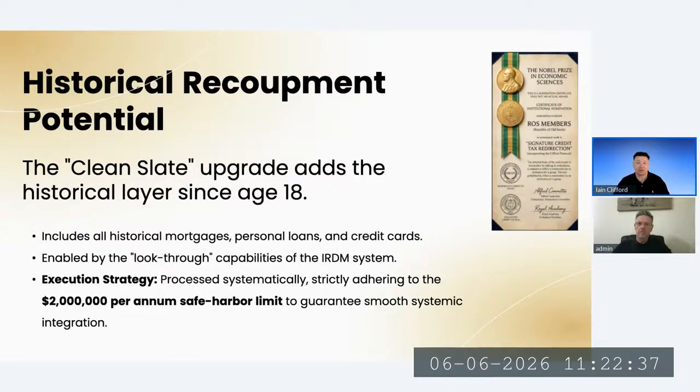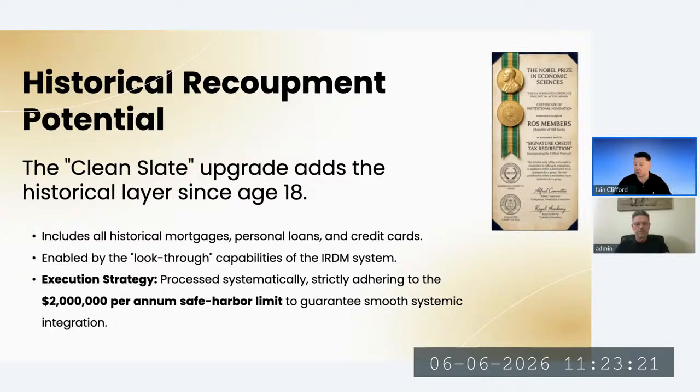What we need is the name of the banks that you used and the values of the signature credit event. So the value of what you spent in a year from a bank account, the face value of the mortgage, the value of the loan, the value of the credit card. There is a calculator that we've got on our platform. So if you have a consultation, you'll be able to work with one of our consultants and evaluate how you get to that $2 million value. What banks, what amounts, what events can you add together to add up to that 2 million? And once you've got there, you can enroll.